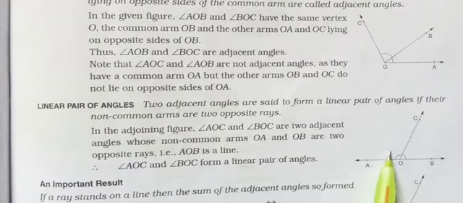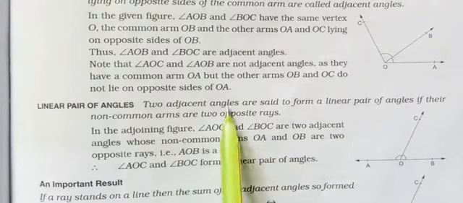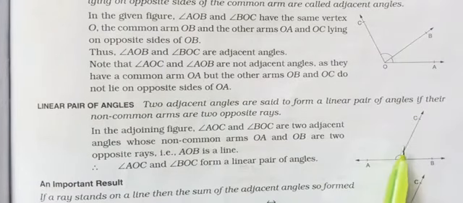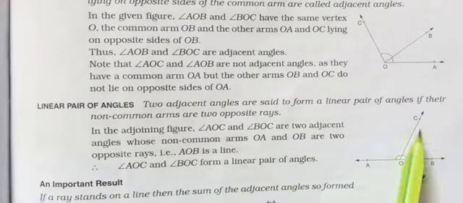And again, if we look here, the sum of these two angles is 180 degrees. This means the linear pair angles are also supplementary angles to each other. Hope you understand that. This is called the linear pair of angles. It means a straight line comes and one common ray stands on it, and if we add these two angles, we get 180 degrees. So here angles AOC and BOC form a linear pair.